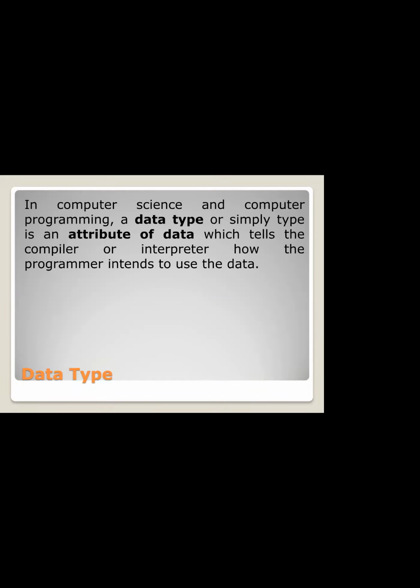Now, data type, as the name says, data type means it signifies what kind of data I want to store in my memory. Which memory? That memory whose name I have given in terms of an identifier or variable name. So data type defines what data will be stored in the memory, in which manner it will be stored in the memory. That thing is being decided by the data type.